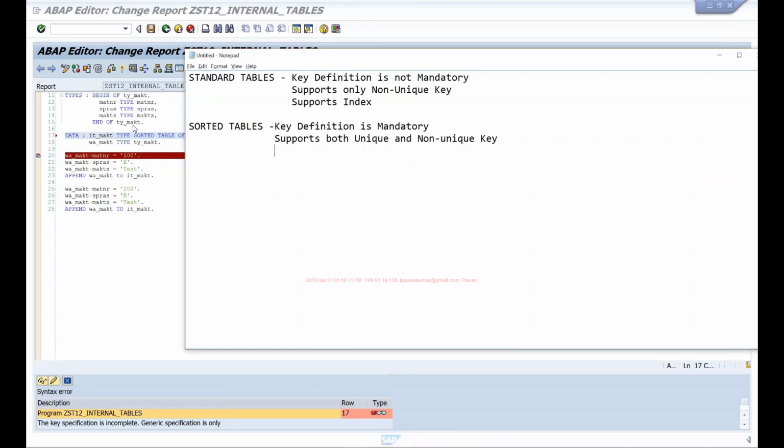So whenever I'm adding a record to this table, it will create one linear index internally, so I can read the data either by index or by key. Both ways I can do it because sorted tables also support index. If I say index tables, I'm generally referring to these standard and sorted tables because these two tables support index. Hash tables do not support index.